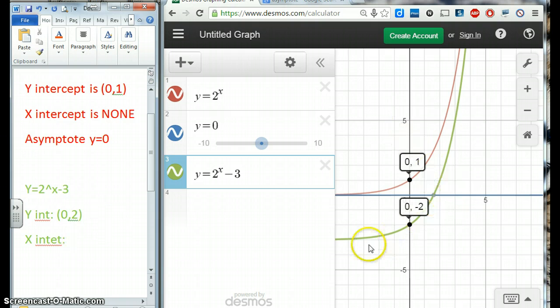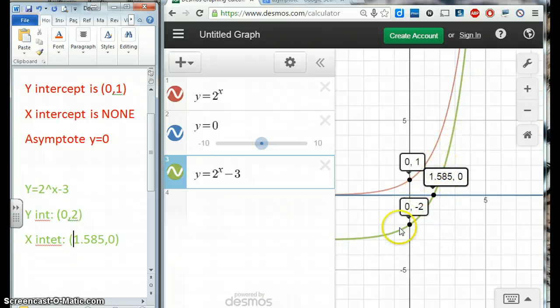The x-intercept: look at the green one, it does hit the x-axis. Notice the red one does not, but the green one does. It actually hits it right here, at (1.585, 0). This is where it hits the x-axis, the intercept. See that right here? The red one does not touch it, but the green one does because it goes below